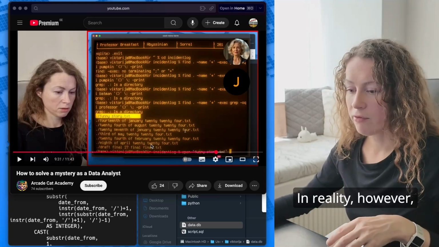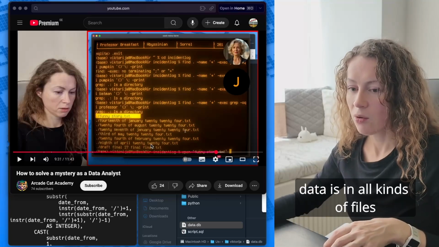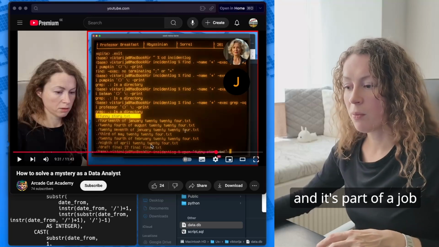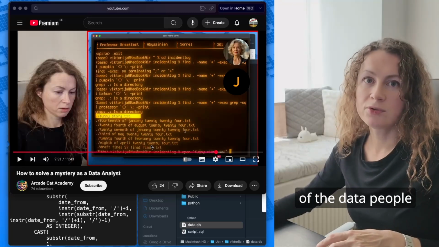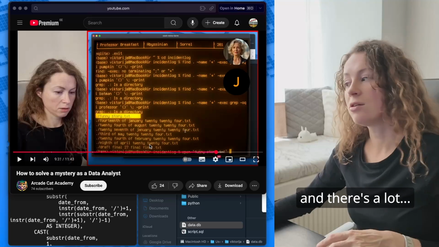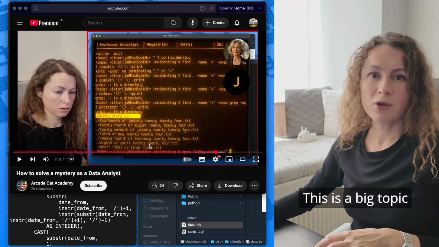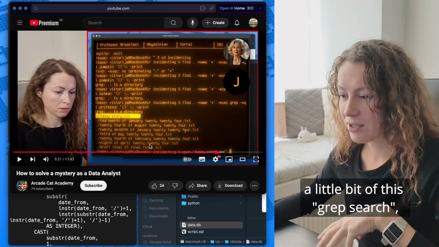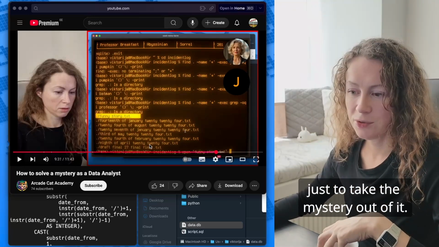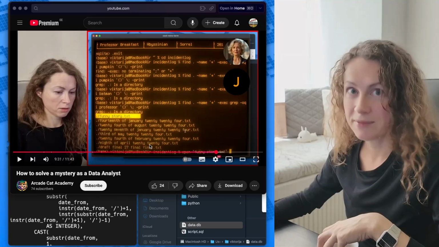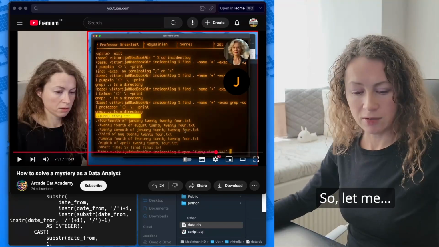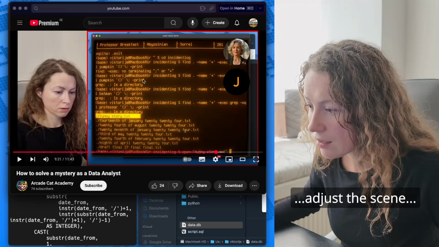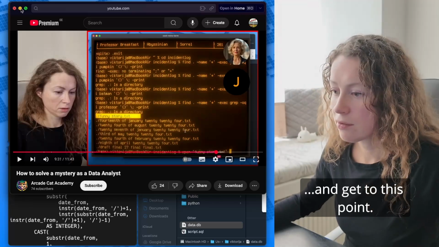In reality, however, data is in all kinds of files and in all kinds of different formats, and it's part of a job of the data people to deal with those formats, and there's a lot. This is a big topic, but right now I'll just show a little bit of this grep search, just to take the mystery out of it, at least a little bit. So let me adjust the scene and get to this point. All right, so